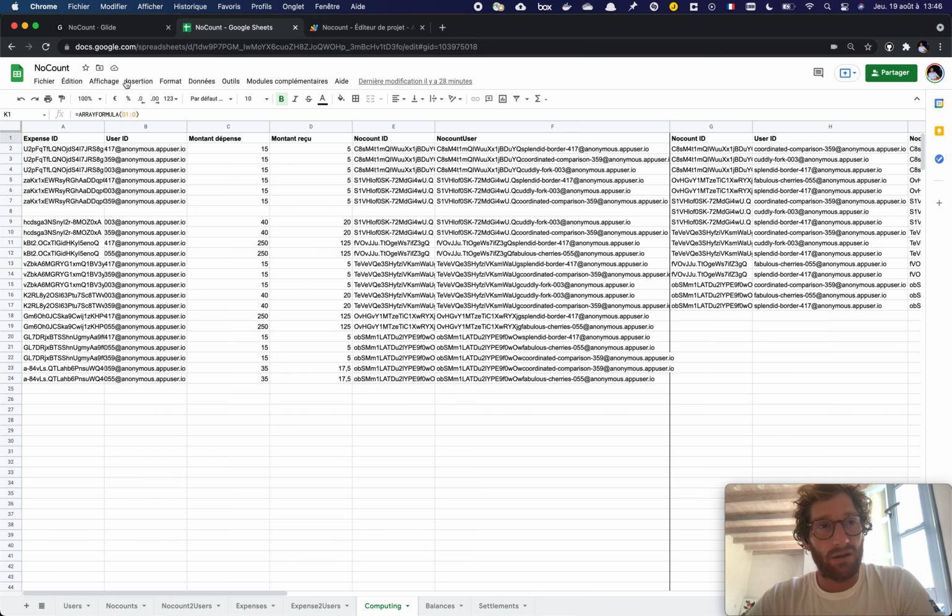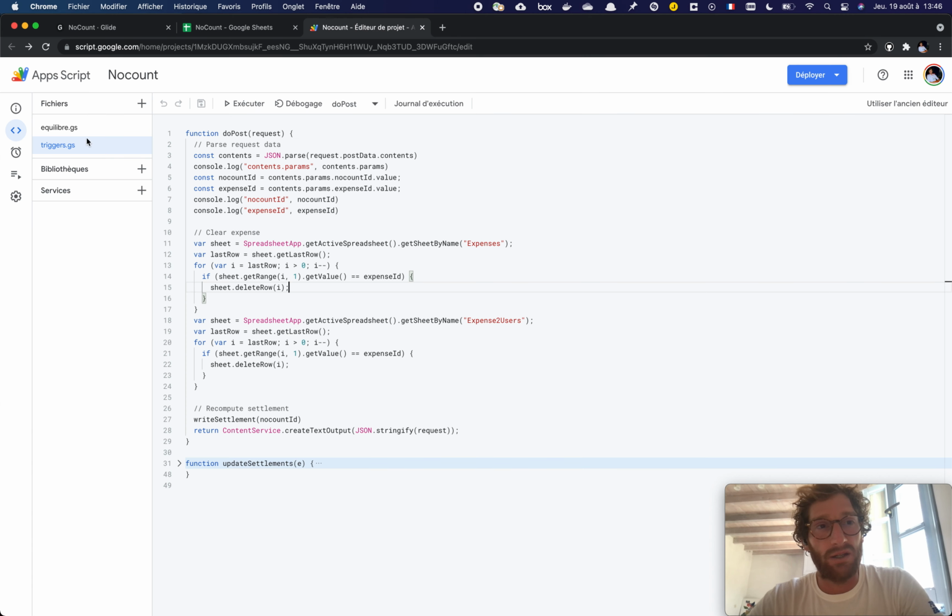So what you can do here, if you open the Google Sheet, Tools, Script Editor, and you end up in here, you can write in a file here, so it's triggers.js, but you can name it differently if you want, a function called doPost. This is a reserved name from Google, so make sure to call it like that. And it takes as an argument the request.